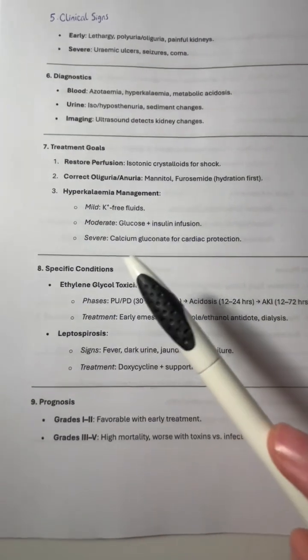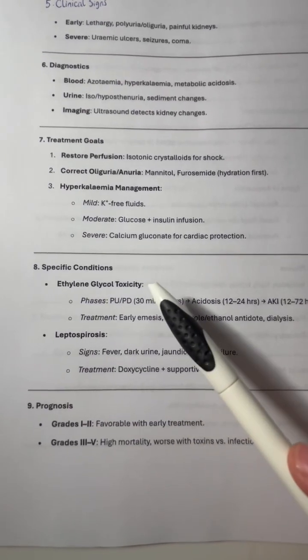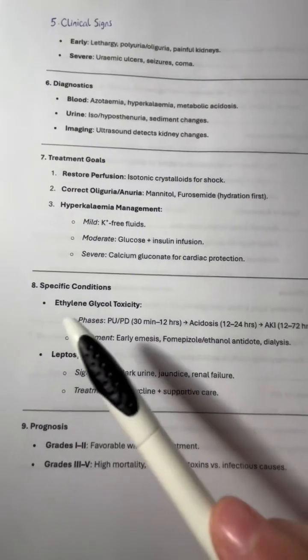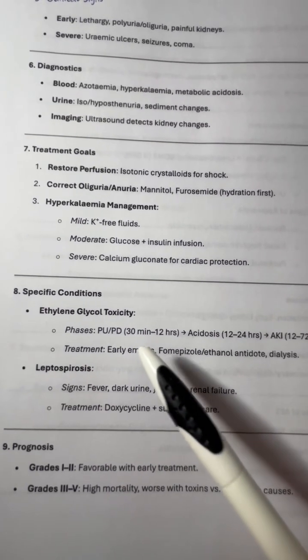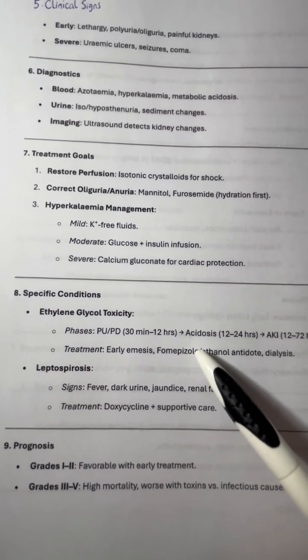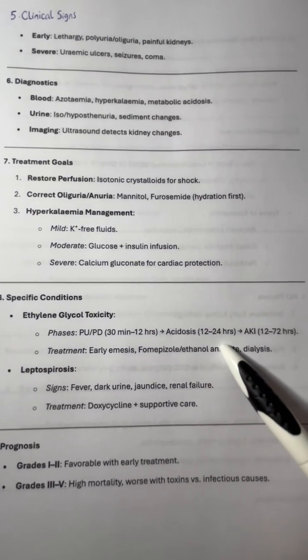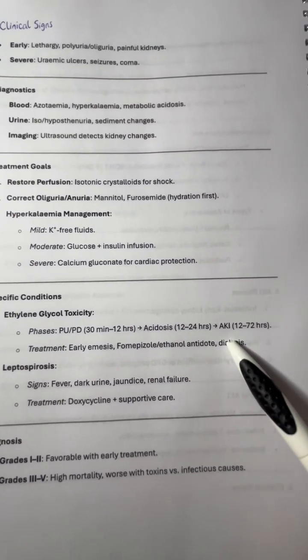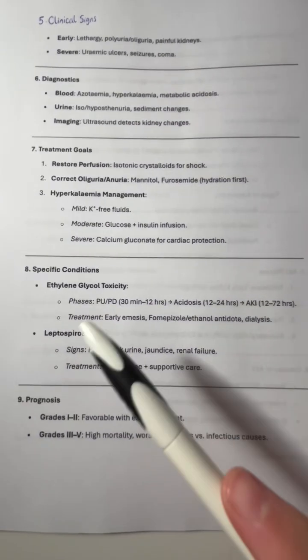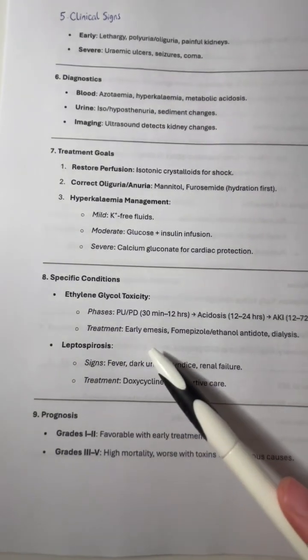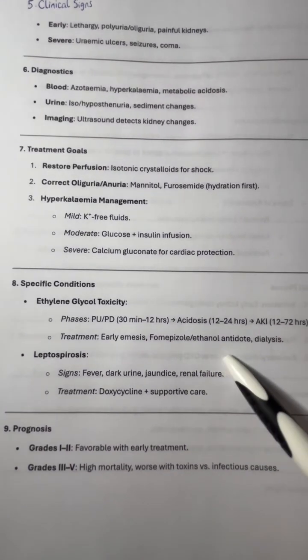Specific conditions of acute kidney injury are ethylene glycol toxicity and leptospirosis. In ethylene glycol toxicity, they get polyuria and polydipsia for about 30 minutes to 12 hours, and then they get acidosis for 12 hours to 1 day, and then they can get acute kidney injury for between 1 day and 3 days. For the treatment, have early emesis, so make sure they vomit, and give ethanol as an antidote, and